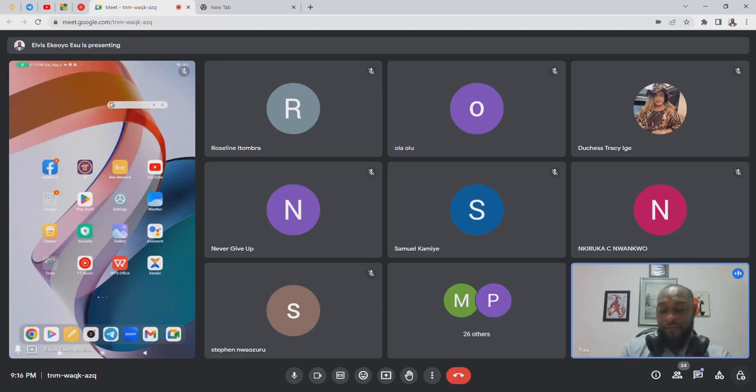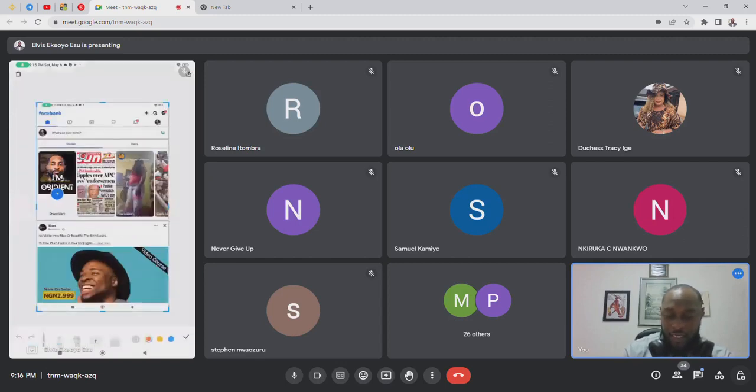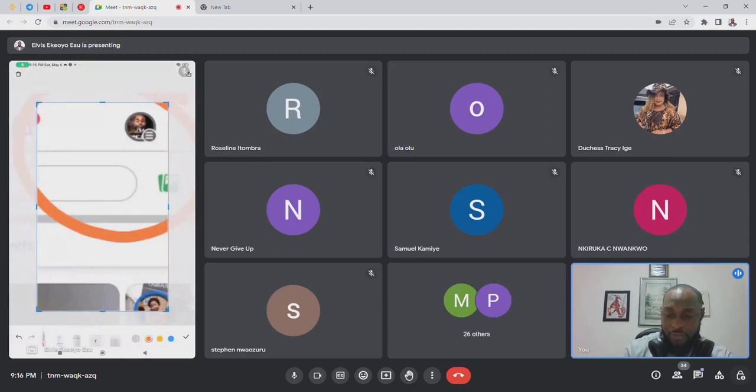Like this is my Facebook account. Then all you need to do is go to the top, go to the menu. Facebook has a menu on the right hand corner here. So you click on that menu,